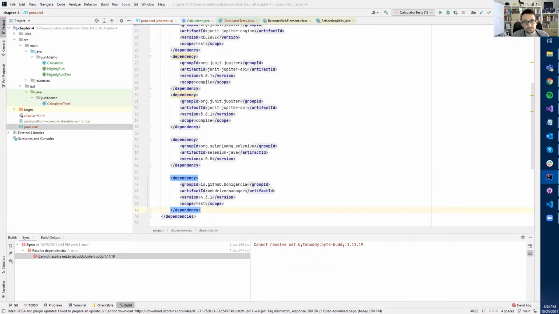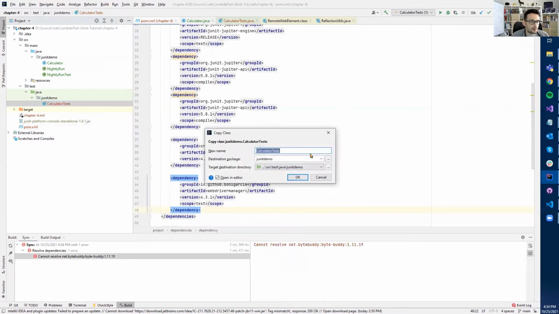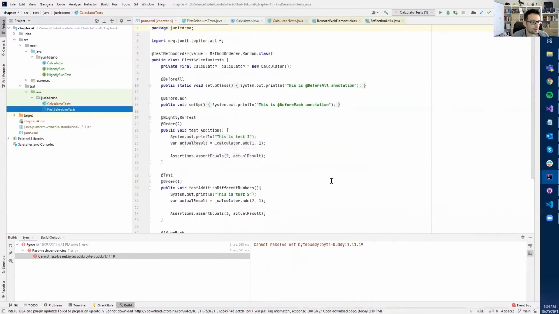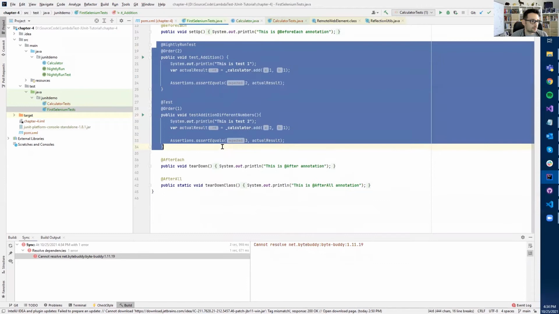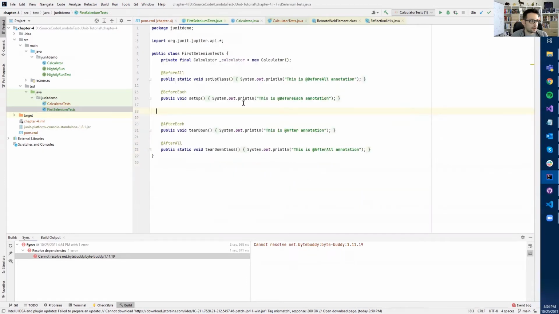And next, we need to create a new class. Basically, we can copy this class here. I will name it FirstSeleniumTests. I will add it to source control, and we'll delete some of the stuff. I will leave AfterEach. If you remember these annotations,